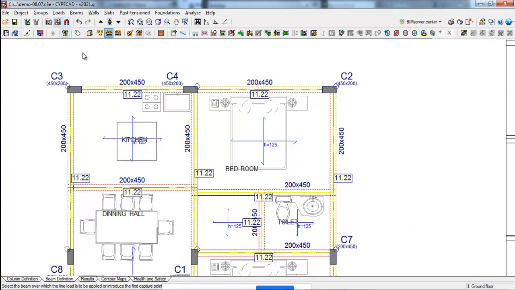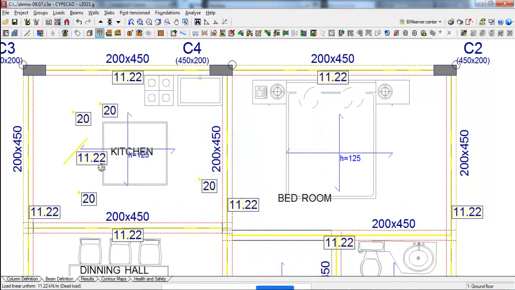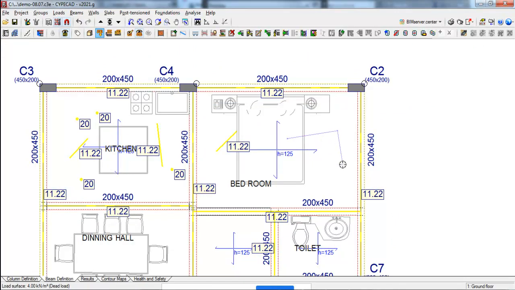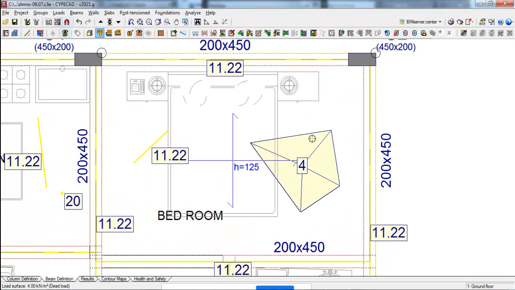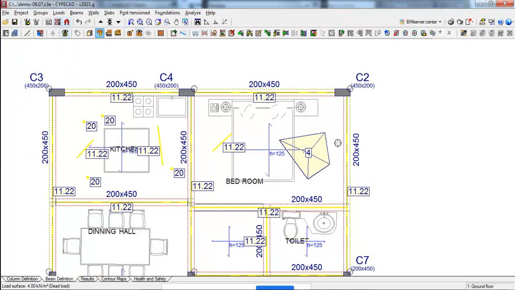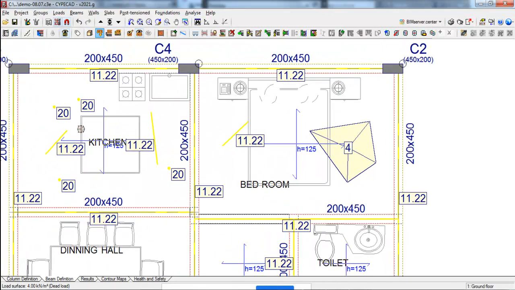You can also put different types of loads. For example, you want to add some kind of a point load. You can put some point load wherever you want, just put a point load, that's all. Or you want to put a very small line load, anywhere in any direction you can put it like this, okay. Or you want to put some small surface load which is not completely on the slab, only a small portion of the slab, that is also possible. You don't require any kind of a beam support for this. The slab itself is more than sufficient, and you can put the load randomly wherever you want on the slab. The slab design will be taken care of by the software, okay, for this loading.